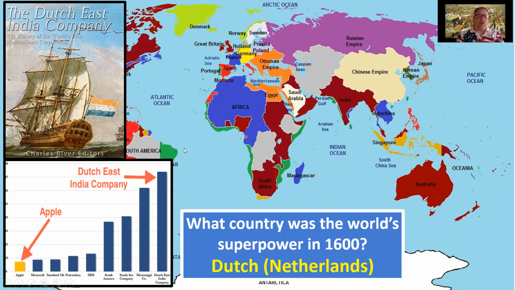Because they owned the shipping networks and the transatlantic slave trade. So if you look at the Dutch East India Company, when we adjust for inflation, look at the Dutch East India Company. That's Apple. See that tiny little thing down there? That little thing over there is Apple. The Dutch East India Company was about 30 of them, or at least 20 of them. You note the difference. They basically wrote the laws, and countries then enforced their laws.